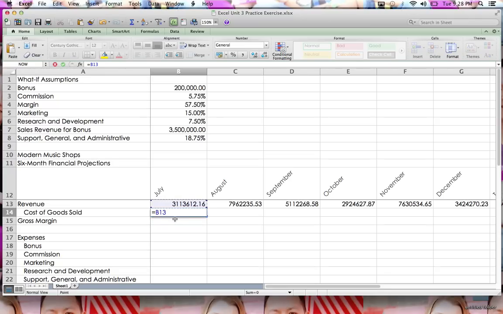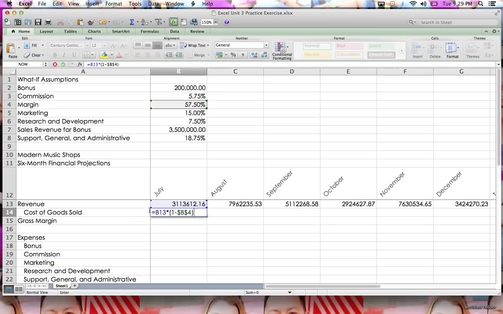Go ahead and click on B13. Then we want to do times, and then parentheses, 1 minus, and here's where we're going to do the absolute. Okay? We're going to type in $B$4